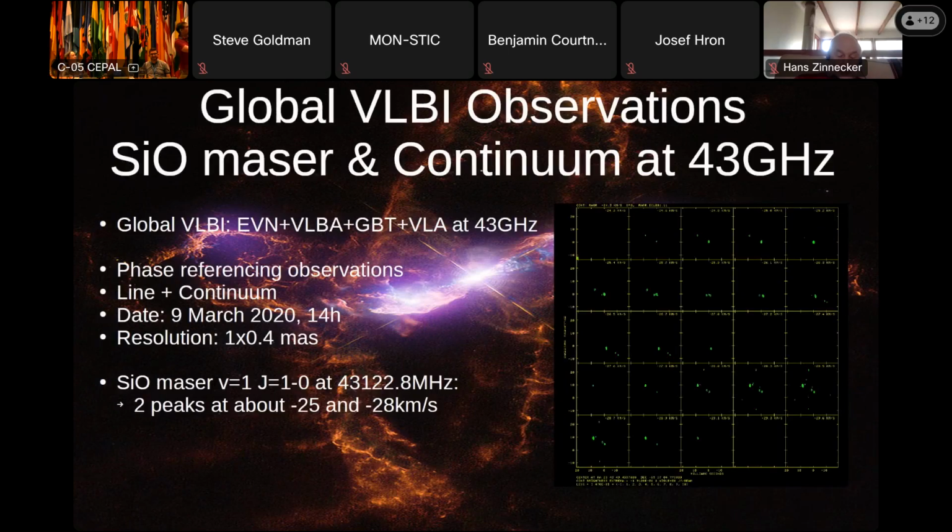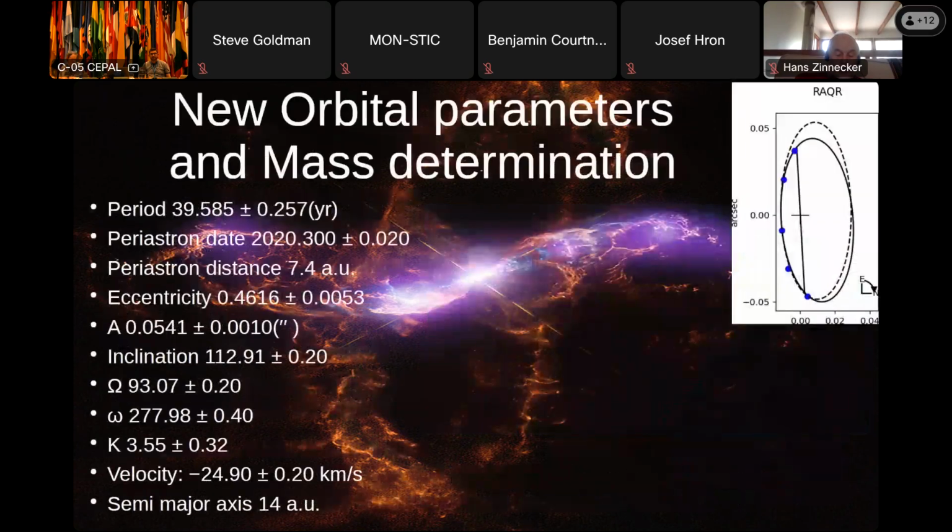Here it's the SiO masers that were easily detected. We mainly find two places, at minus 25 and minus 28 kilometers per second. And then we try to